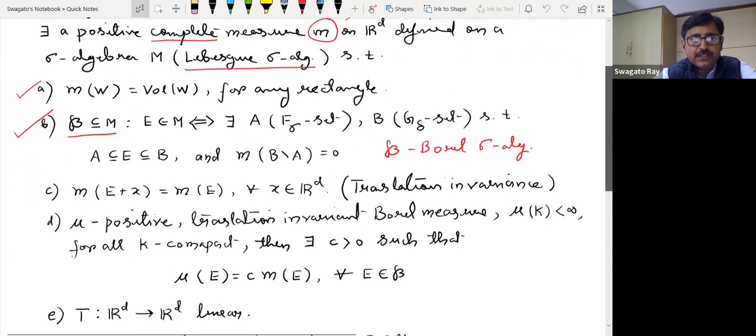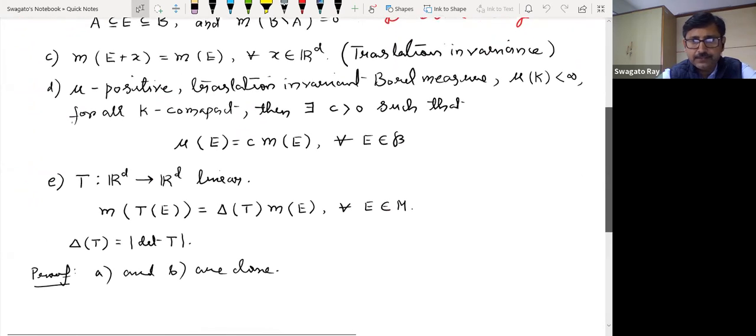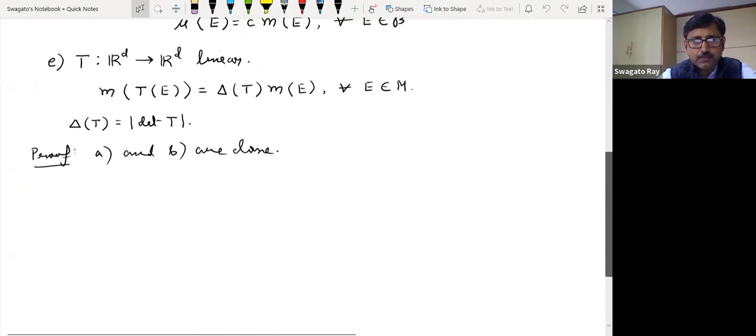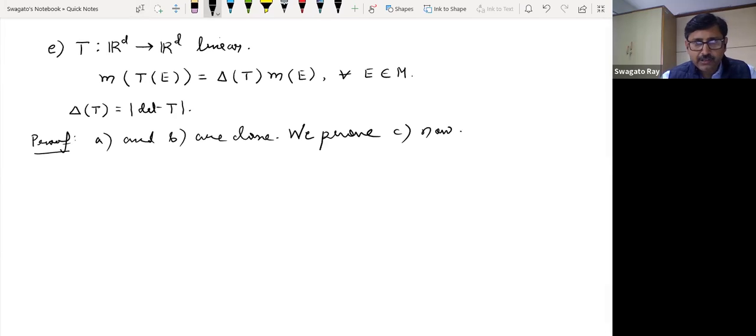So we start proving C. Then we prove D, then we prove E, and so on. Okay, so the proof of C. So we prove C now. The proof is actually easy. To prove C, I will make a statement. Let us see whether you agree with me or not. I am saying that it suffices to prove